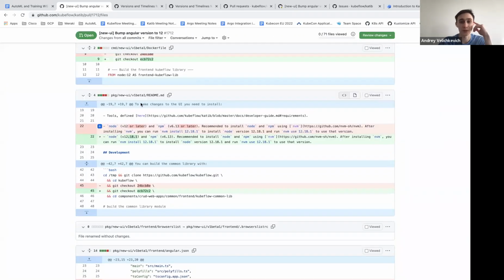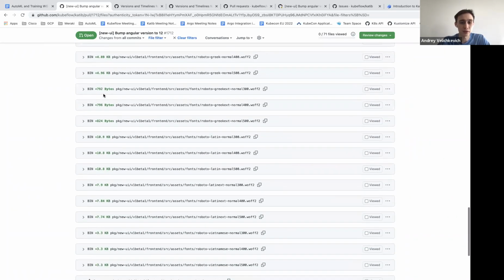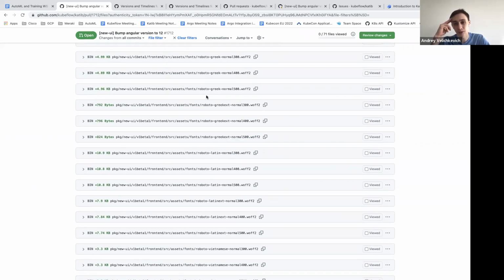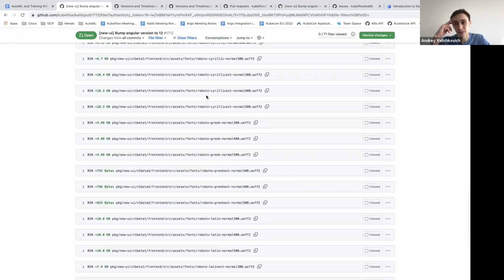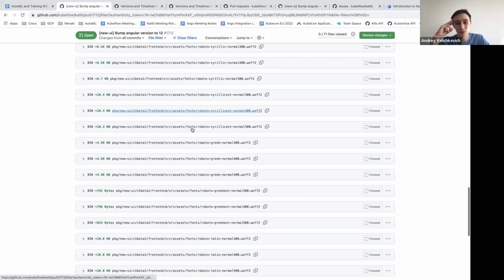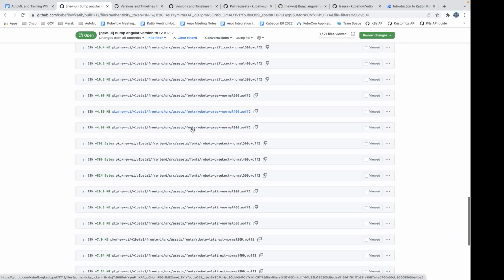Yeah, sounds good. I think one concern here is that I just pointed out that this PR includes some of the binaries, like the fonts, and he said that we probably don't really use them. And the problem is that these fonts are automatically generated by npm install. So maybe we can include them in the gitignore if we're not using them, right? Very good point. I'll comment that in the PR.